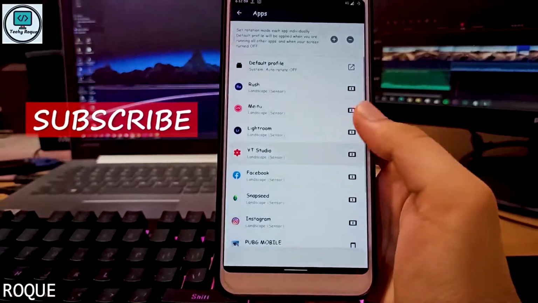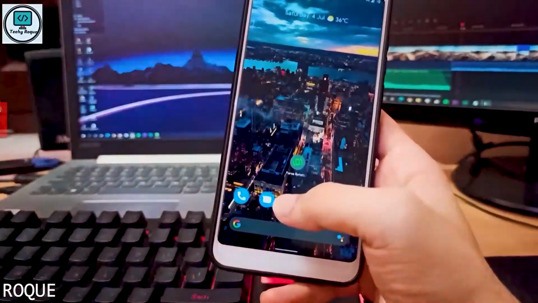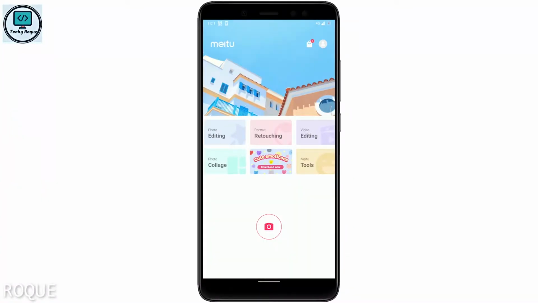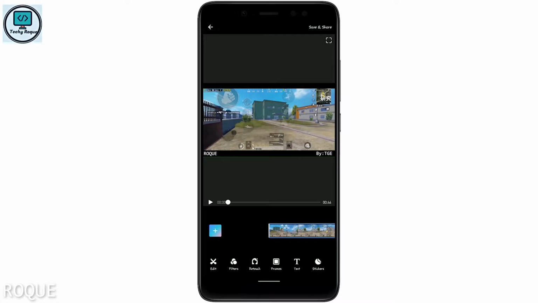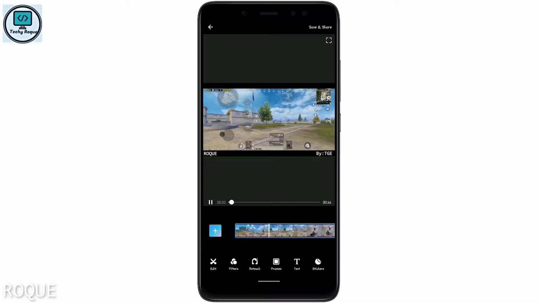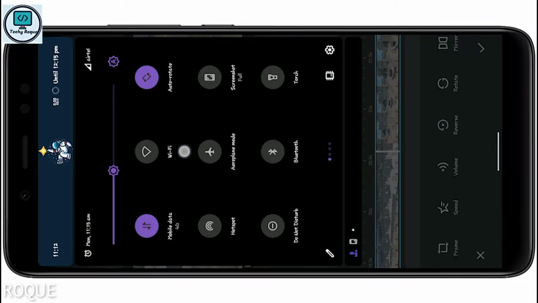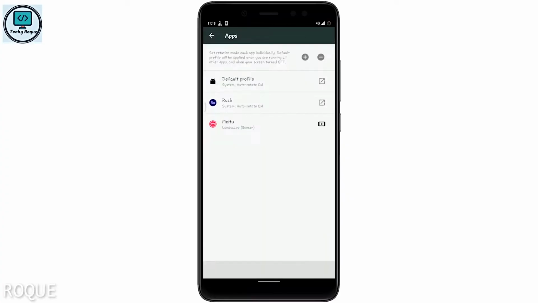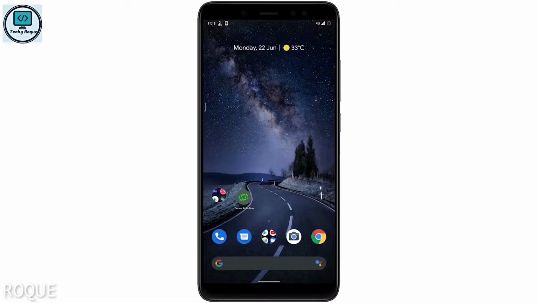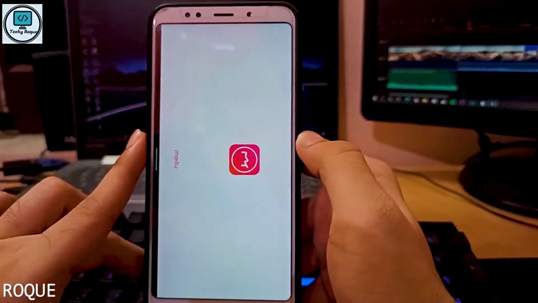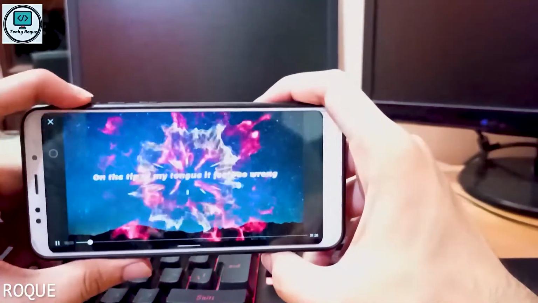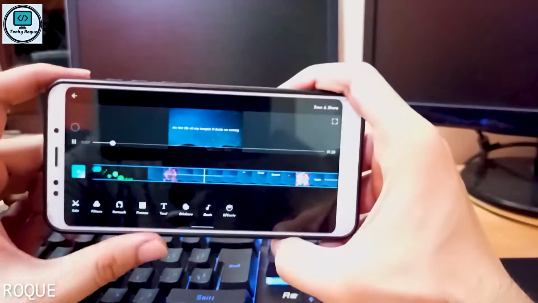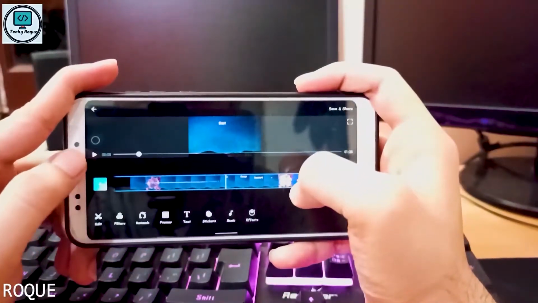And Facebook in landscape, YouTube Studio in landscape. YouTube Studio is really nice, you can use it in landscape. So this is the Mewtwo video editor. You can see you can edit this video. Before the force rotation, you can see you can't rotate this app. You can see no rotation available, but after enabling the force rotation, just enable the app and you will see it already rotated this app. It rotated 90 degrees, and this is the landscape. And you can edit this video really nicely.